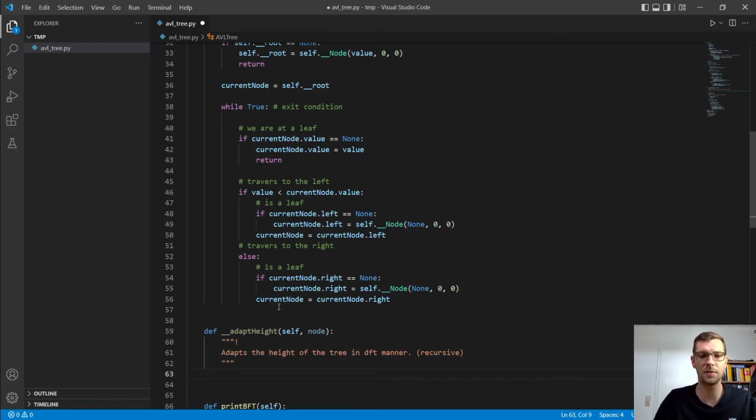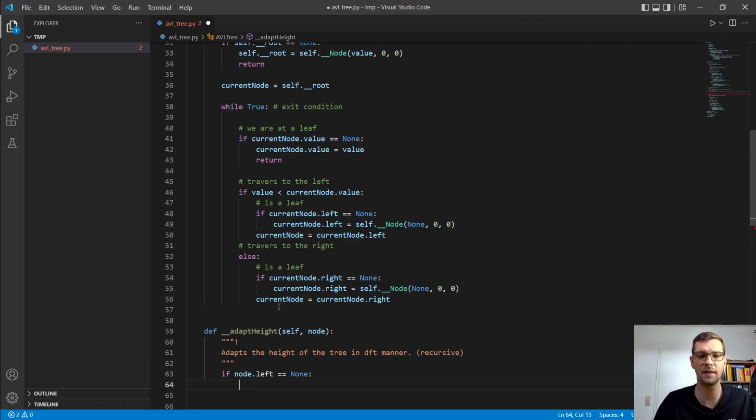Alright, so what we have to do first, we check is the node we are currently at a leaf node. So if node.left equals to none,